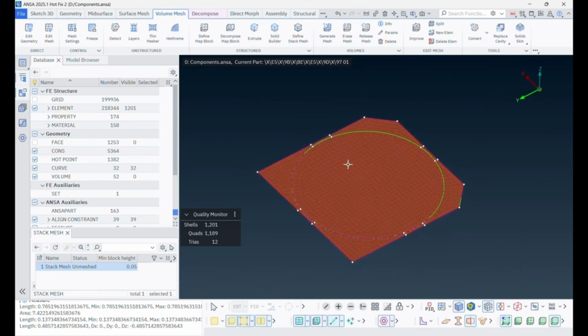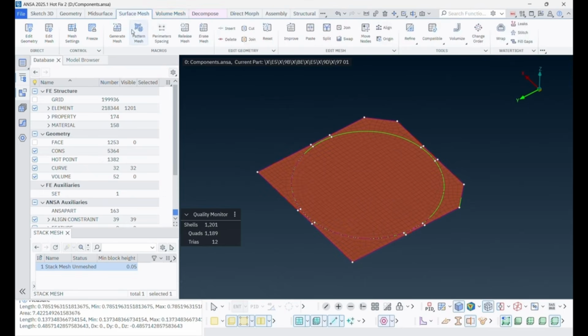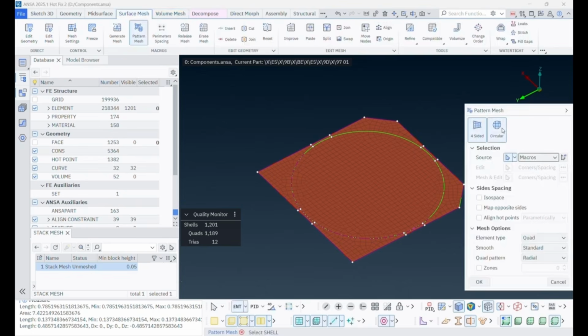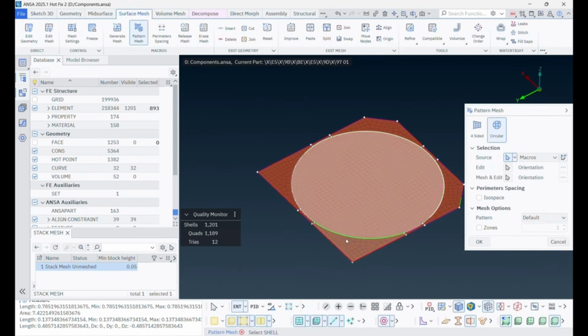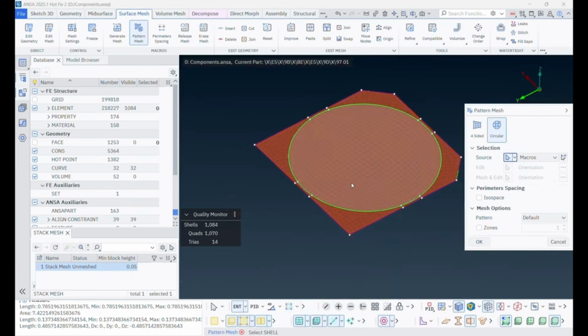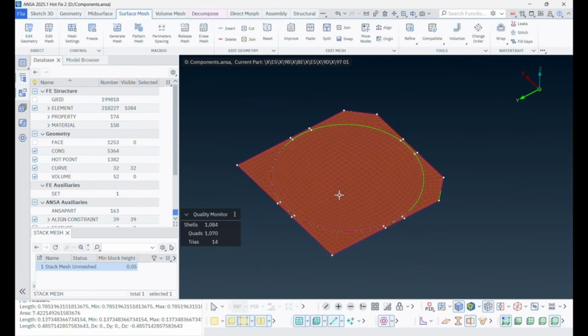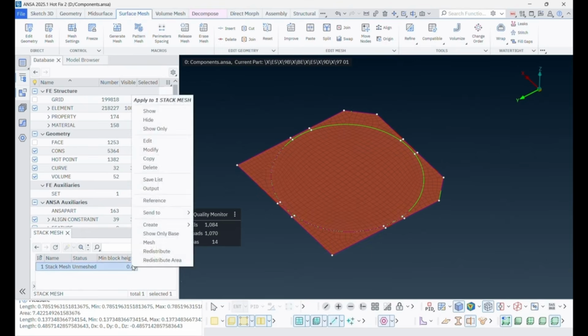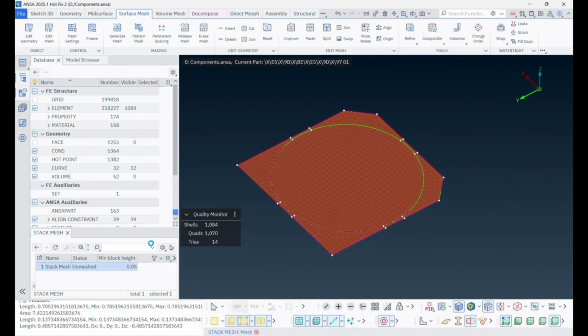In addition, we can edit and adjust the base mesh, for example by using Pattern Mesh Circular to create a more structured circumferential mesh distribution. After adjustment, right-click and execute mesh.